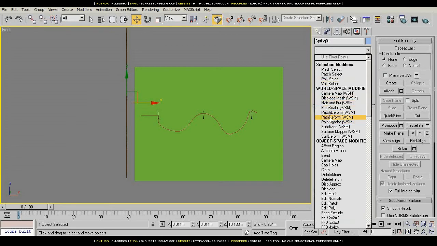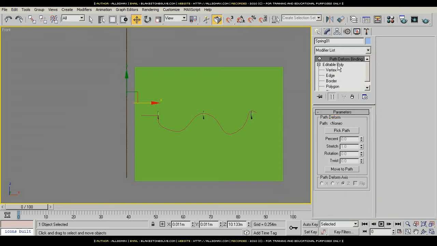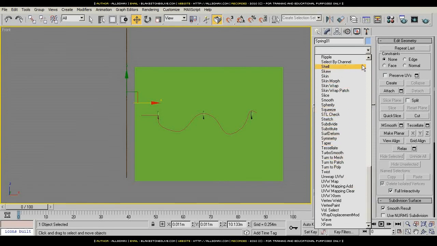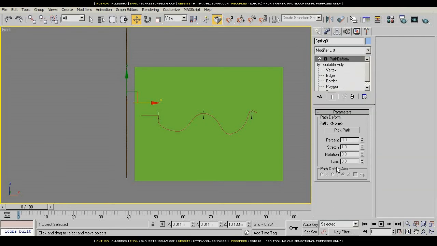I'll unselect Effect Pivot Only, and I'll go up to the Modify tab, and from the Modify list I'm going to select pathdeform WSM, which doesn't have the ability to mess around with gizmos. Instead, it's got an option here, Move to Path. The other option that I'm referring to is simply called pathdeform, which doesn't have the option to move to path. Instead, you can switch to the gizmo and move the gizmo around in order to position your object to whatever you've got it